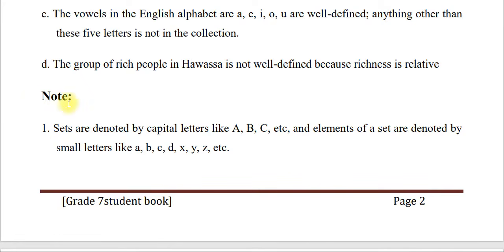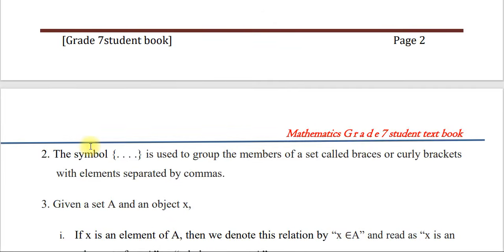Here we have a note. One, sets are denoted by a capital letter like A, B, C, etc. And the elements of the set are denoted by small letters like a, b, c, d, x, y, z. Look, እዚህ ጋር ምንድነው የሚለን እንግዲህ ሴት ሪፕሬዘንት ሊደረግ የሚችለው ወይም ዲኖት ሊደረገው የሚችለው በካፒታል ሌተር ነው። ሜምበሮቹ ወይም ኤሌመንቶቹ ደግሞ በስሞል ሌተር ሪፕሬዘንት ሊደረጉ ይችላሉ ይለናል ማለት ነው።